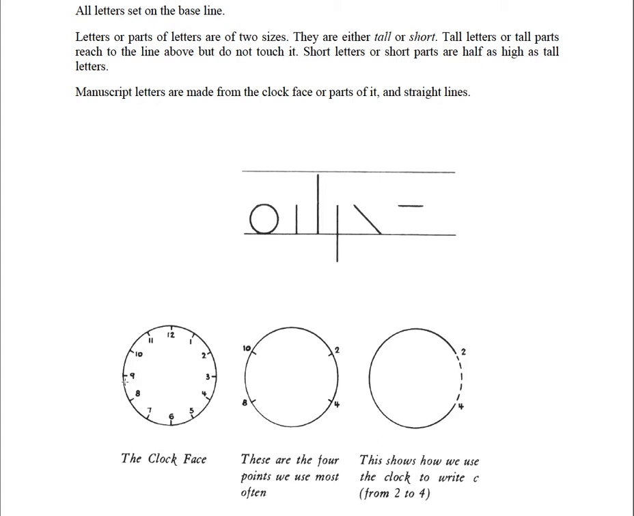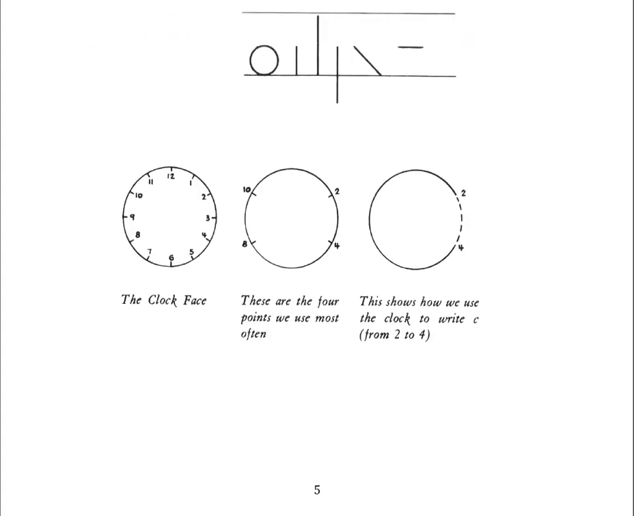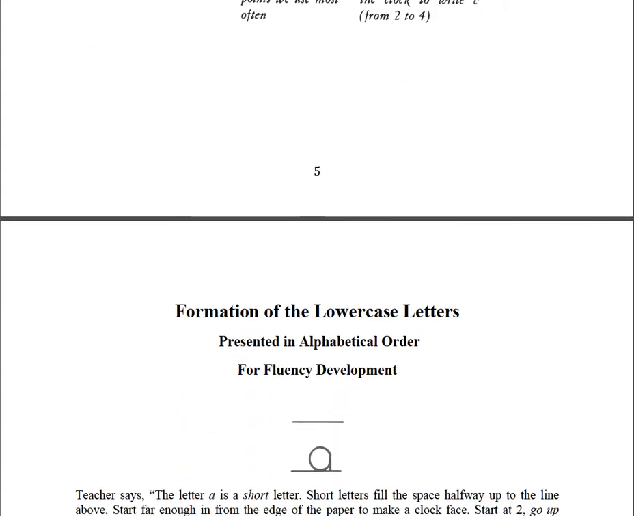We also do 9 for the E. So a C, we just simply go from 2 o'clock around to 4 o'clock. Okay, now let's look at the individual letters, and let's see how fast I can go through these without going too fast for you. Formation of the